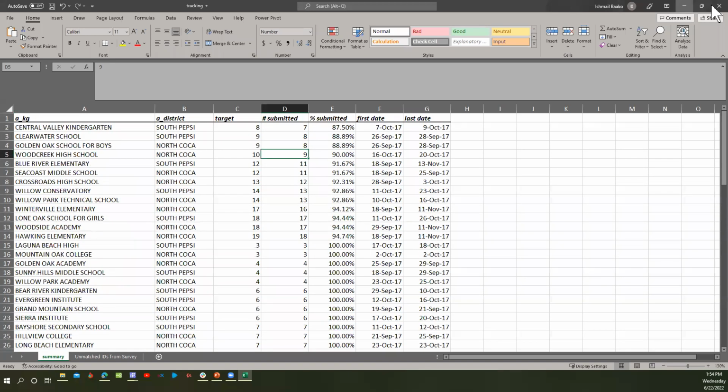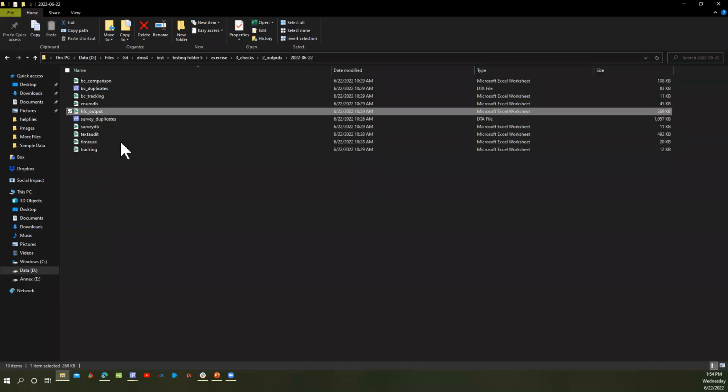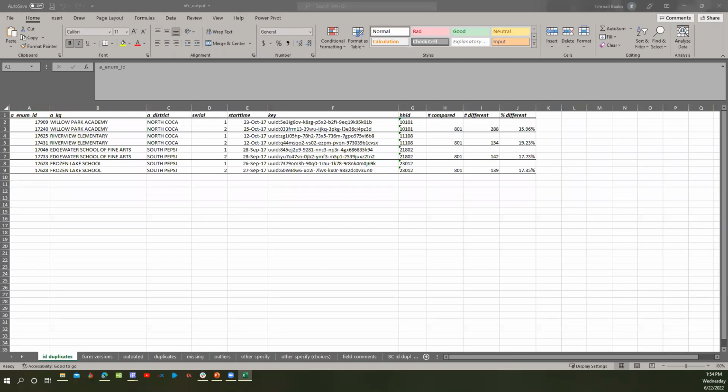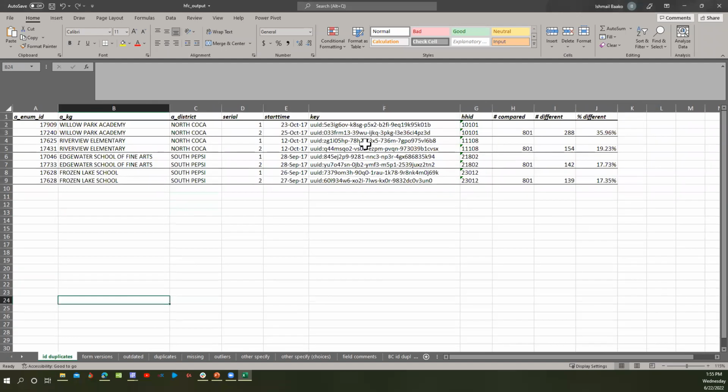Okay, and then after tracking, let me go to the outputs. We'll start with a duplicate sheet, and this is what a duplicate sheet looks like.